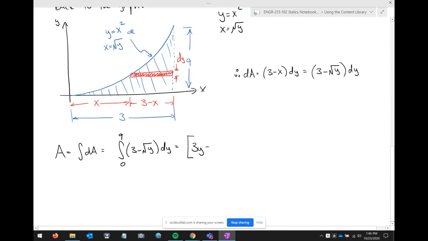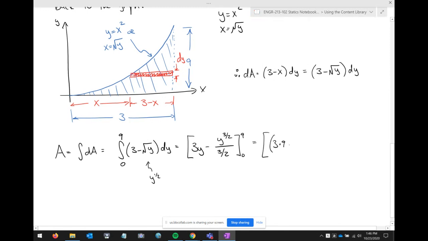Remember, a square root is an exponent. So this right here is just y to the 1/2. So how do I integrate y to the 1/2? I do y to the 3/2, divide it by 3/2, evaluate from 0 to 9. And what do we get here? So we get